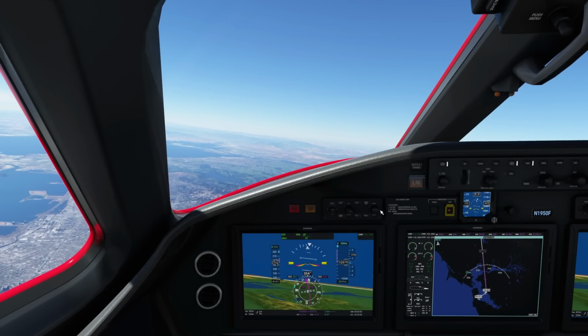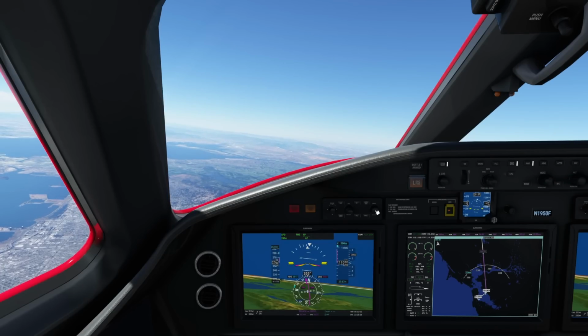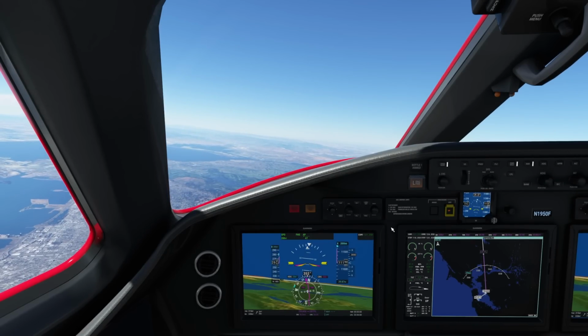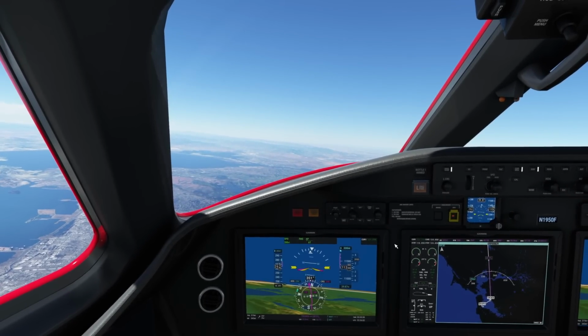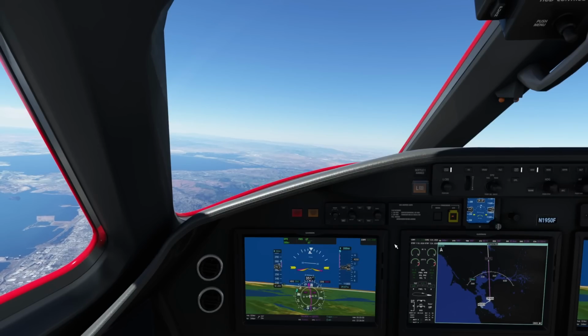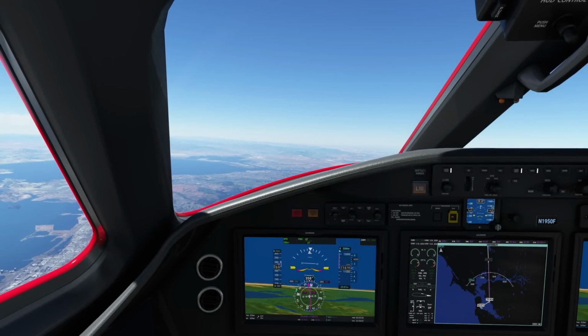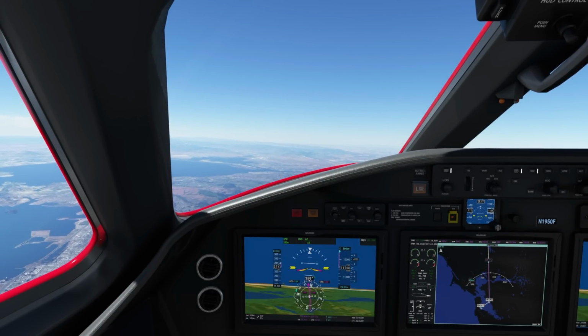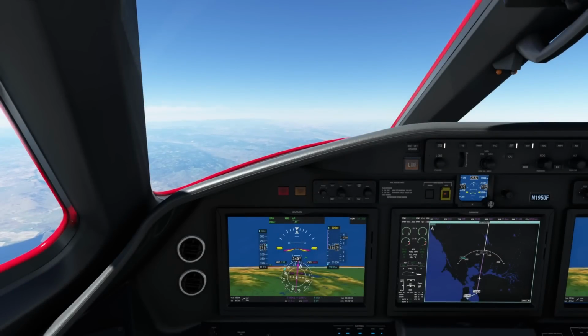November 1950 Foxtrot. Radar contact. Continue climb. Flight level 200. Altimeter 2987. Continue climb. Flight level 200. November 1950 Foxtrot. November 1950 Foxtrot. Climb and maintain